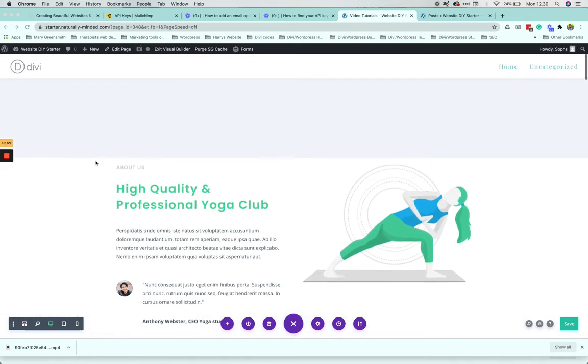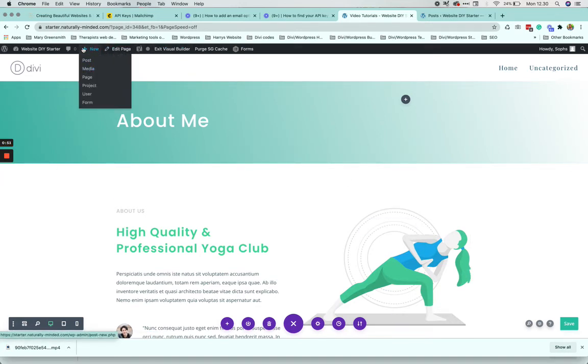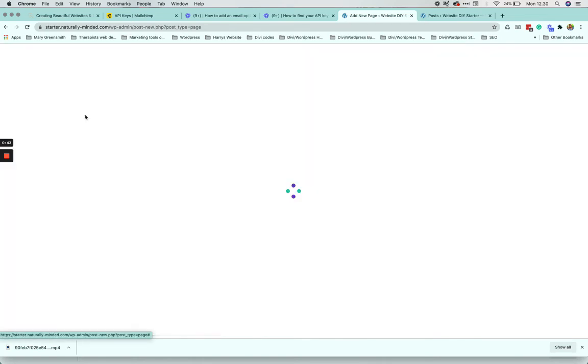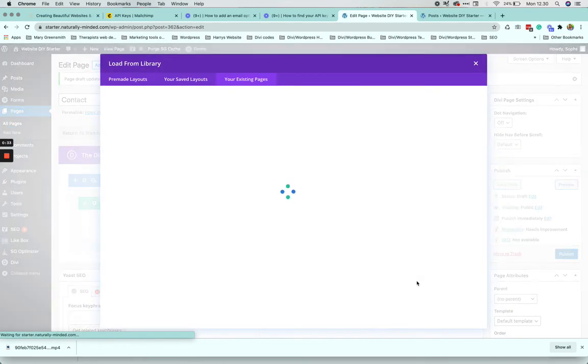And then the smartest thing about this also is when I want to add a new page, so I'm going to come out of this and I've saved it already. I'm going to add a new page. So I go to the plus button at the top, click on page, and then it's going to be a contact page, and I'm going to use the Divi builder, and then instead of using choose a pre-made layout, I'm going to clone an existing page. So I'm going to click choose page,